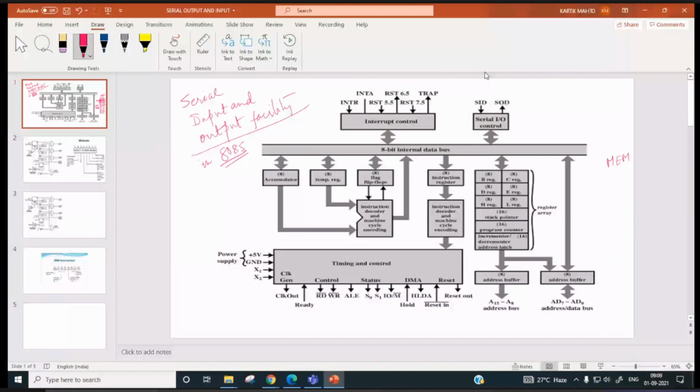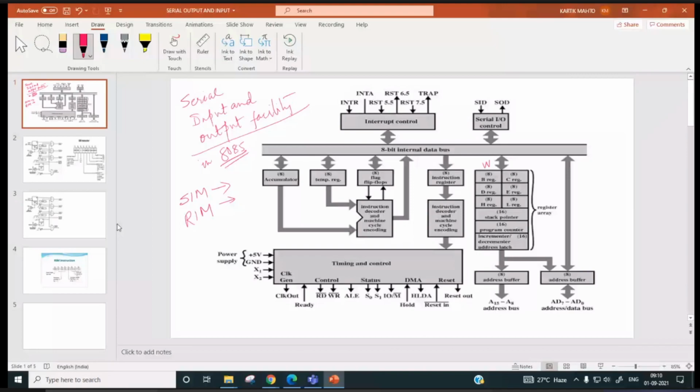For this serial outputting and inputting, we have two instructions, SIM and RIM. Many registers are there inside this 8085 which are not shown here, like WZ, a temporary register used for storing temporary data.